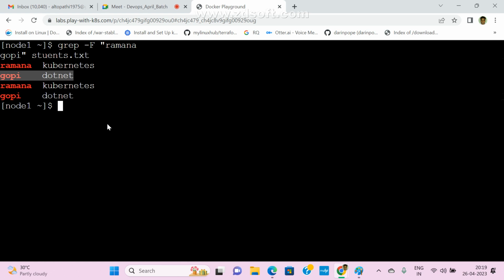Clear. So now we'll see a few more. Remaining all are almost the same, you know, right? How to search multiple strings, how to use hyphen c for count, and l, and also multiple strings, and what is egrep and what is fgrep.